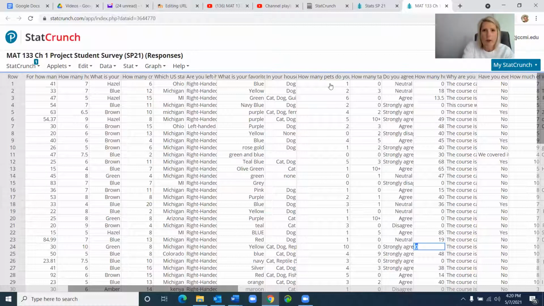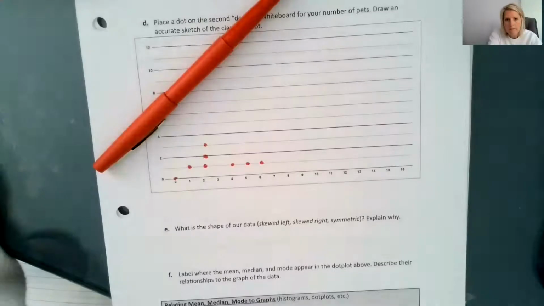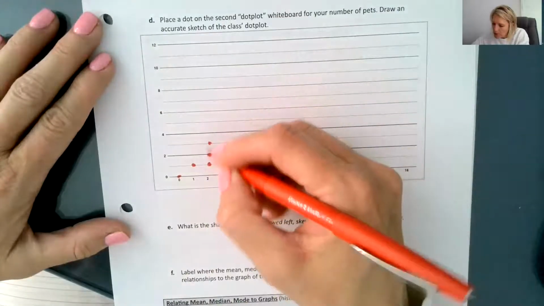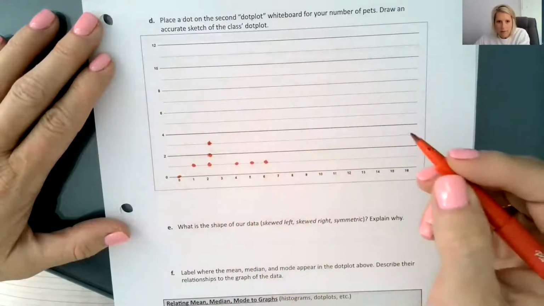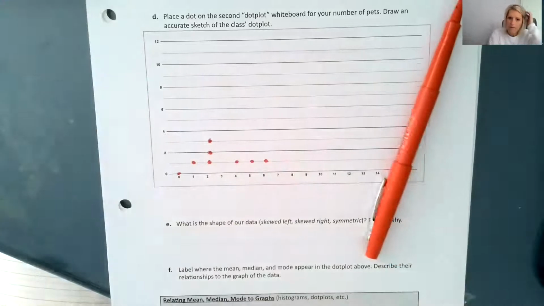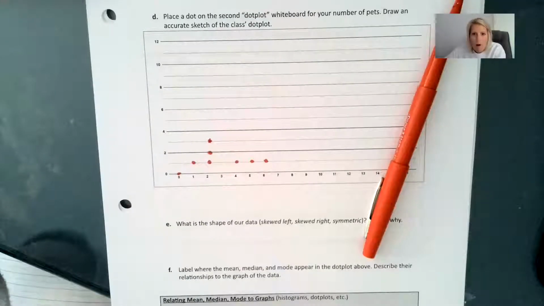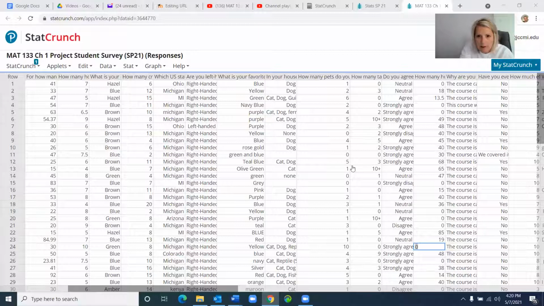Okay, so I'm going to show you what my paper looks like so far. So it looks like this. So the multiple 2s, you're going to just draw the dots on top of each other. Okay, so let's go back and draw the rest. And we were at that first 0 right here. So now I'm going to do a 4,